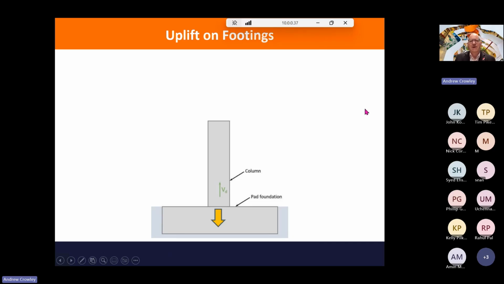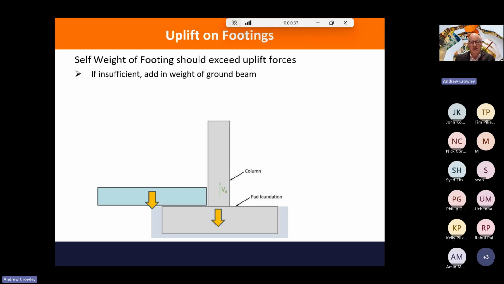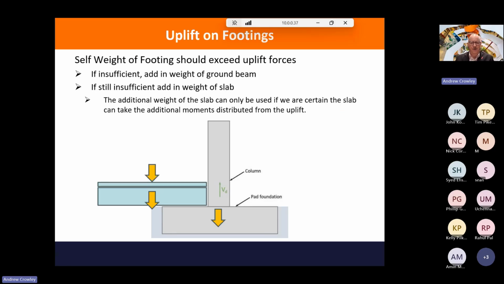Now, what about uplift? In some cases, particularly if you're dealing with portal frames, you might have uplift on your column bases and you need to resist it. If you don't resist it, then your structure is not in equilibrium and you've got a moving mobile structure. So hopefully your self-weight of the footing should exceed the uplift forces. If it doesn't, you can take into account the weight of the ground beam that's usually attached to your foundation or footing. And if that's still not enough, you can add in the weight of the slab, but be careful